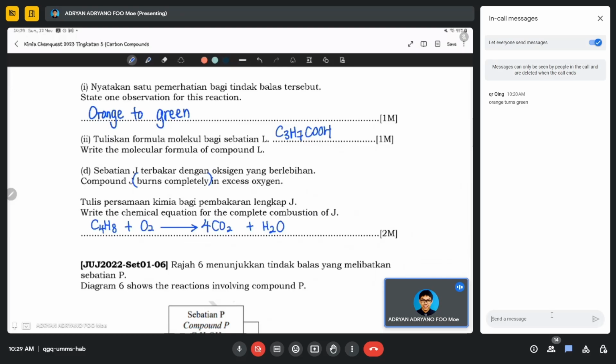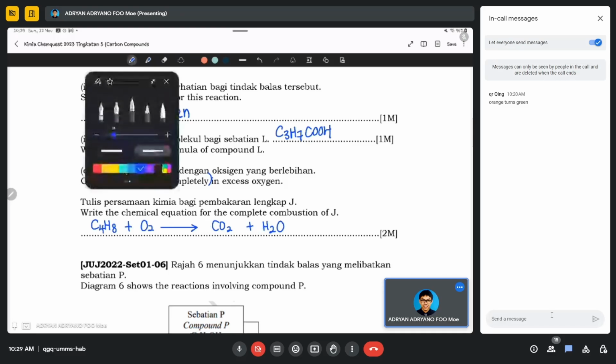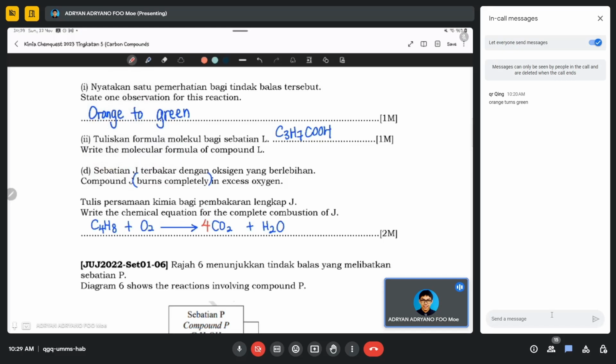C4H8 plus what? 左边有4个 carbon. Okay, carbon balance. 左边有8个 hydrogen. 可是右边有2个罢了，所以我发一个4在前面这里咯。Okay, I use different color 啦。Okay, 4 here because we balance the carbon chain. 你要记得 for this topic 它的 balancing 很容易。为什么？因为你第一个 balance 的一定是 carbon 先，你一定要 balance carbon。第二个你 balance hydrogen 跟 oxygen。你记得这个 for this topic carbon compound 我们一定会 balance carbon 先。